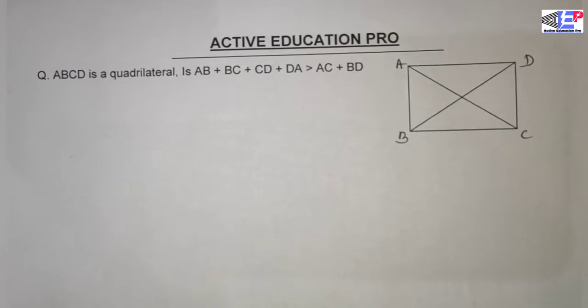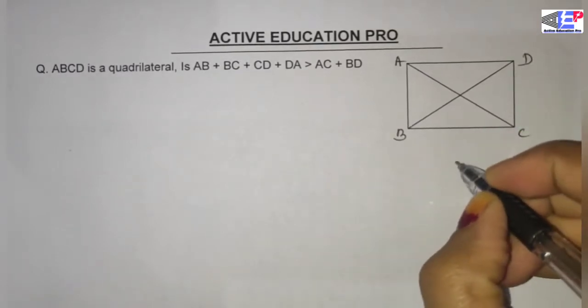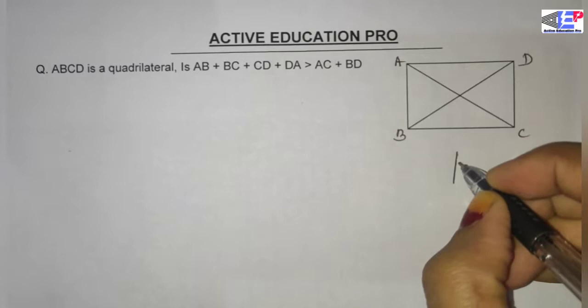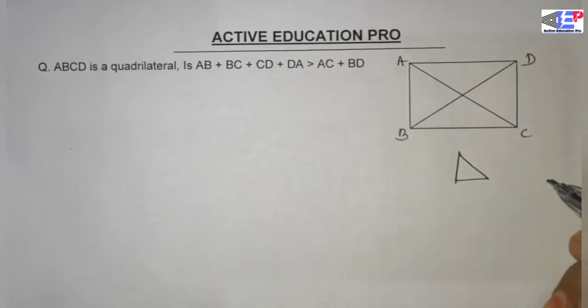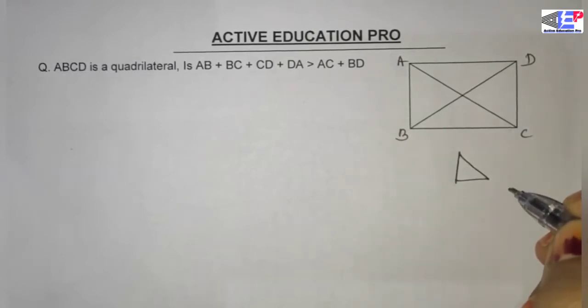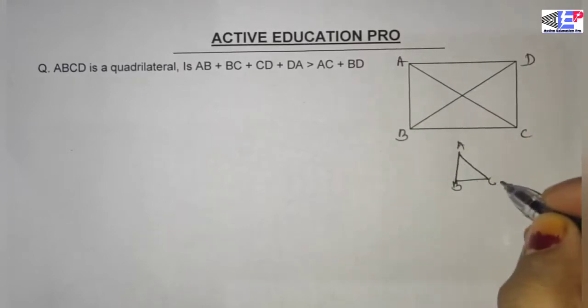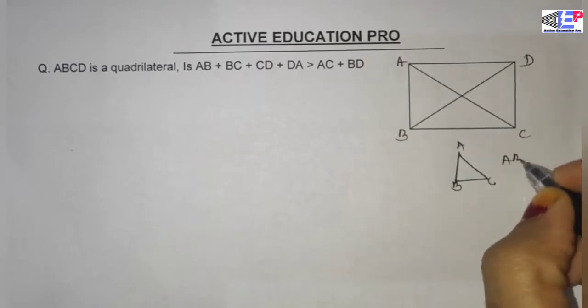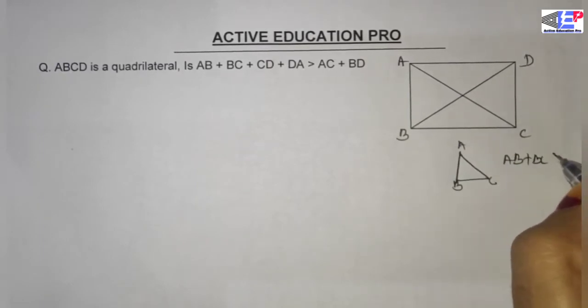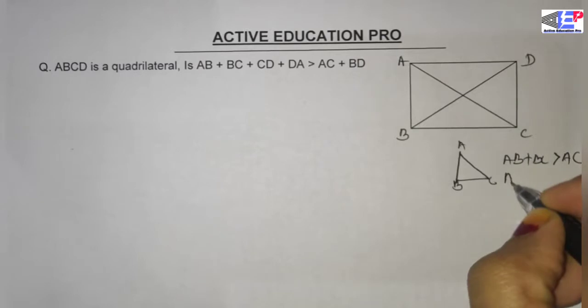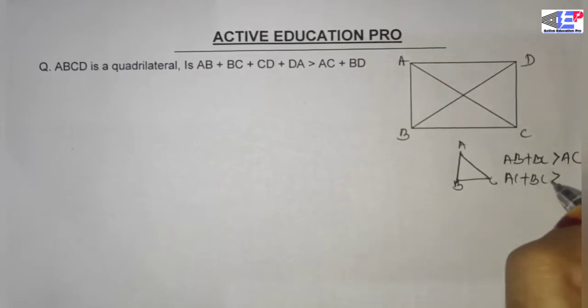Suppose ABC is a triangle. First I draw here a triangle ABC. Whatever the angle may be, right angle, obtuse angle, or acute angle, there are three sides in a triangle. Suppose this is a triangle ABC, then AB plus BC is greater than AC, AC plus BC is greater than AB,